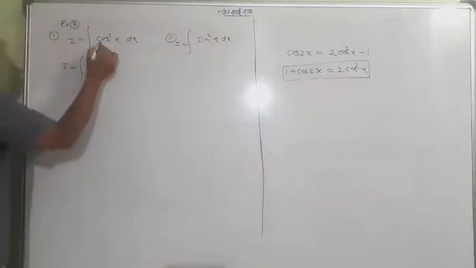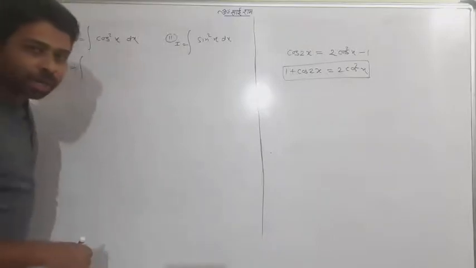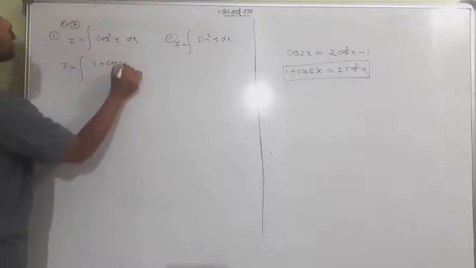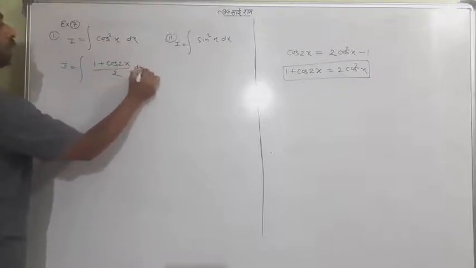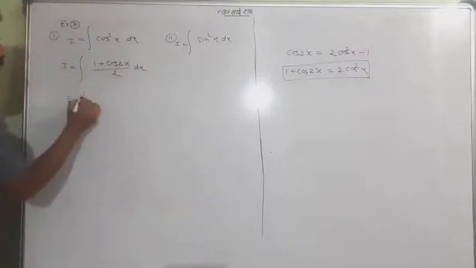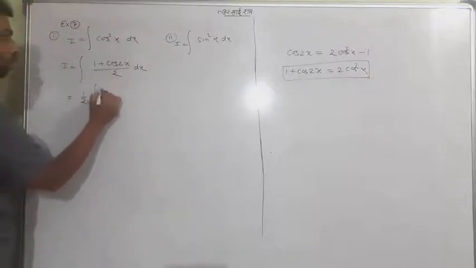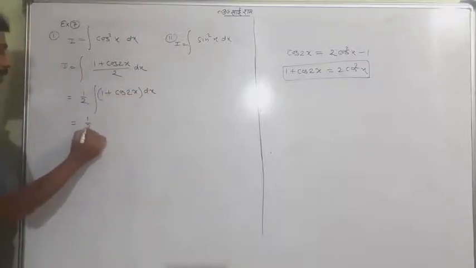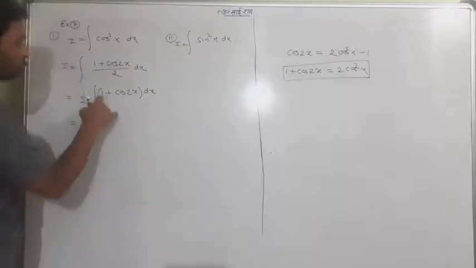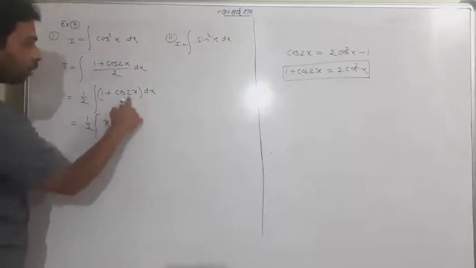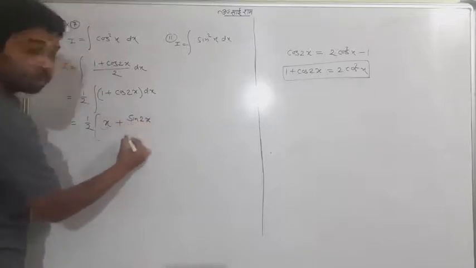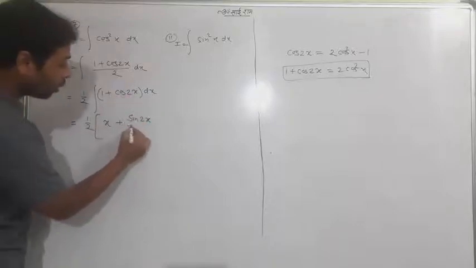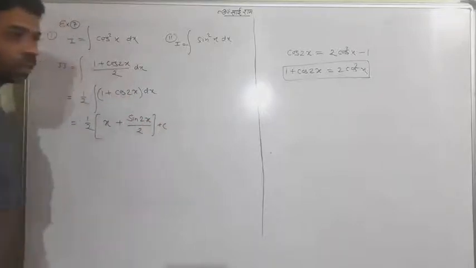Meaning, we will change cos square x into a multiple angle formula, and we will write instead of cos square x, 1 plus cos 2x by 2. This is very simple. Now half will come out, and only 1 plus cos 2x remains here. What to do next? Just integrate. Integration of 1 is x, and integration of cos 2x is sin 2x upon 2. Remember that it is a linear part. The coefficient of x is 2, it will come in the denominator, plus c, and that's enough.